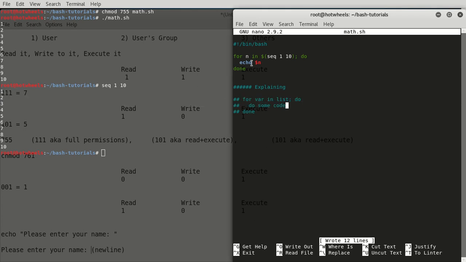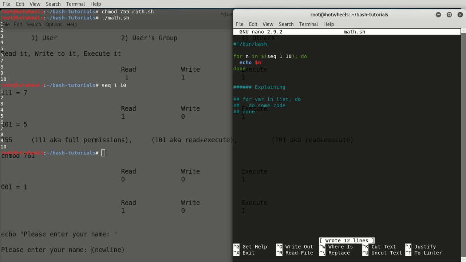And for every iteration, when n equals 1, echo n, so that outputs 1. And when n equals 2, echo n again, so that outputs 2. And notice here, I didn't even use any quotations. And then for n equals 3, echo n, and so on until it reaches n equals 10 and it echoes n, so that gives you a 10. And then it's done, since there are no more elements in the list. It's only from 1 to 10, and once n does not belong to the list anymore, the for loop